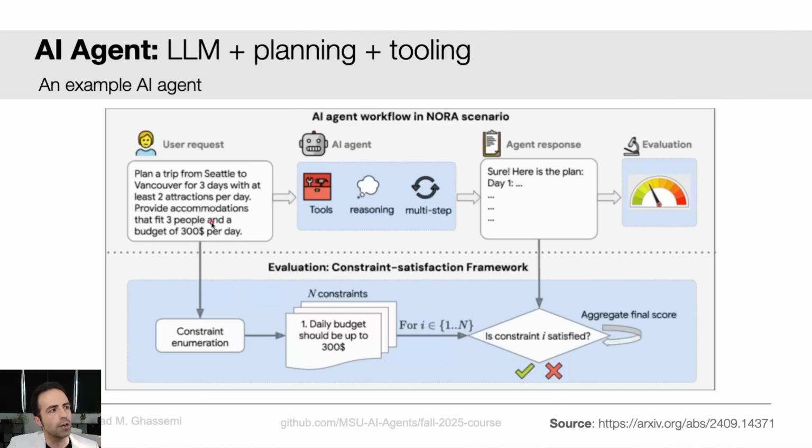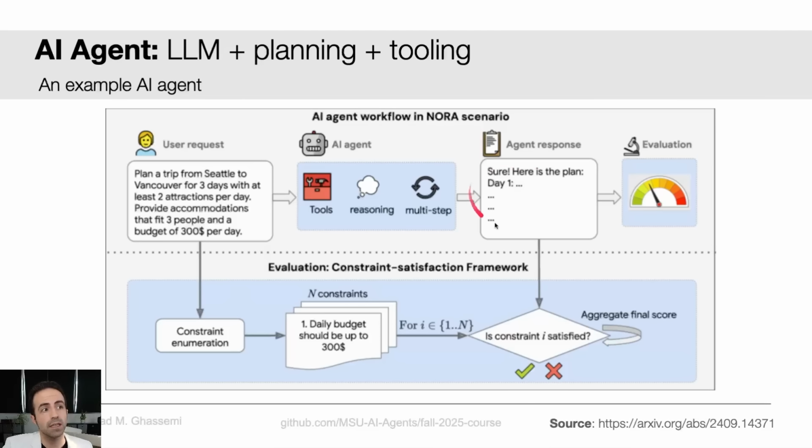A second thing that we'd want to do is have an AI agent take this input and use some tools and some reasoning to generate a potential plan for this person's travel. What are some of the tools we might use? Well, World Wide Web probably, right? We go to Google, we type in, what are some attractions in Vancouver? We type in hotels in Vancouver, and so on. Okay, we use some reasoning to try to figure out whether we've accommodated the constraints before generating a response.